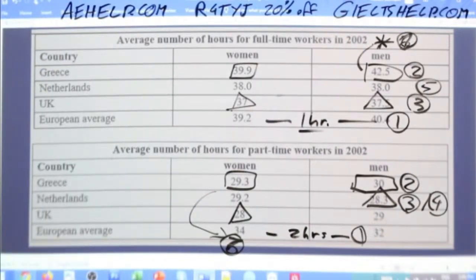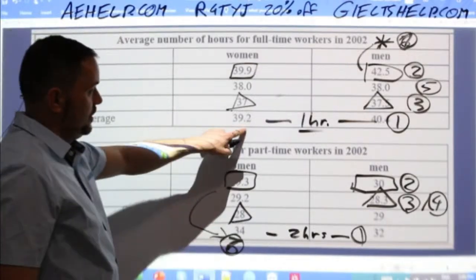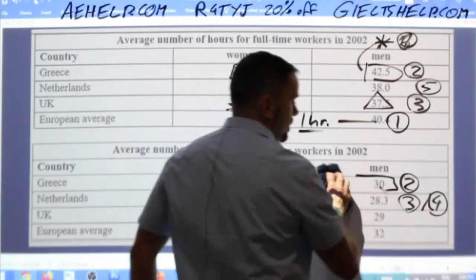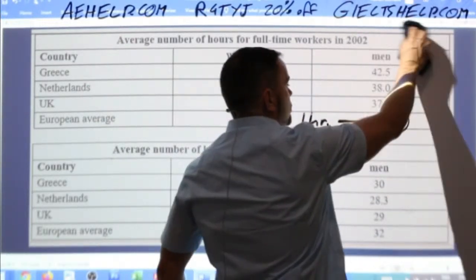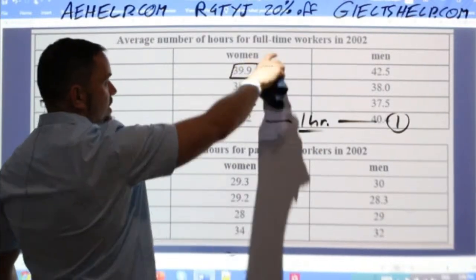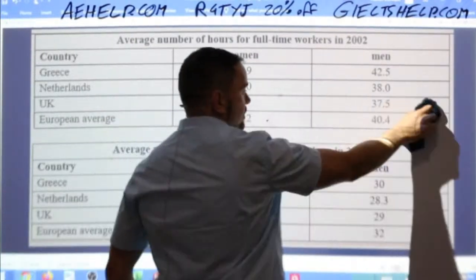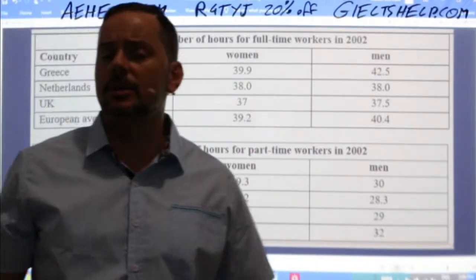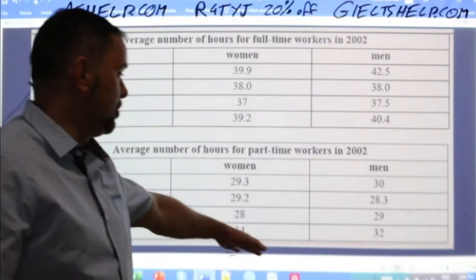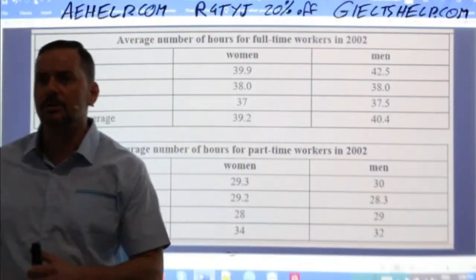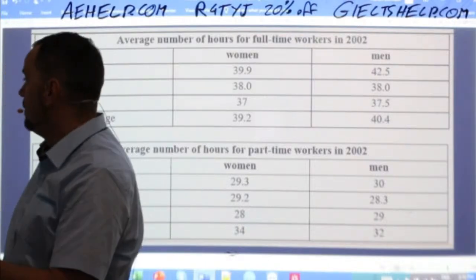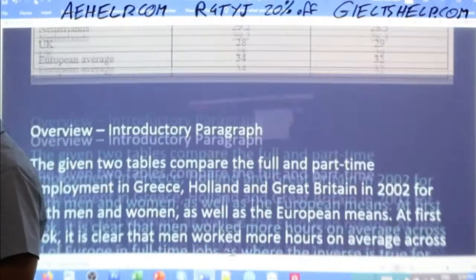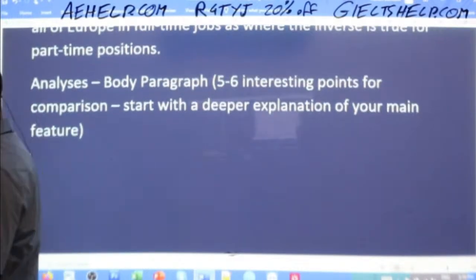Let's start with number 1, which is the average hours in a little bit more detail. So still not countries here, just the averages in more detail. So 1 hour difference for full-time with men and 2 hours difference with women in part-time, okay? Again, you don't necessarily need to write all these numbers like 34, 32. It's up to you if you'd like to, okay? So there's lots of comparisons there, but don't overdo the numbers, okay? So let's get into writing the body now, okay? So here we go.